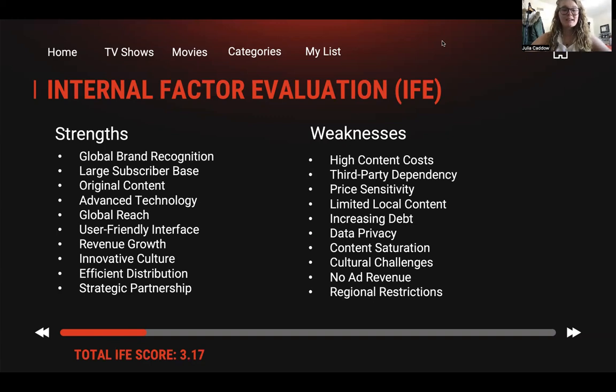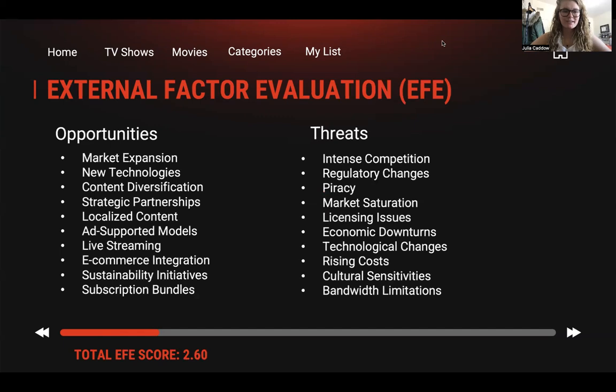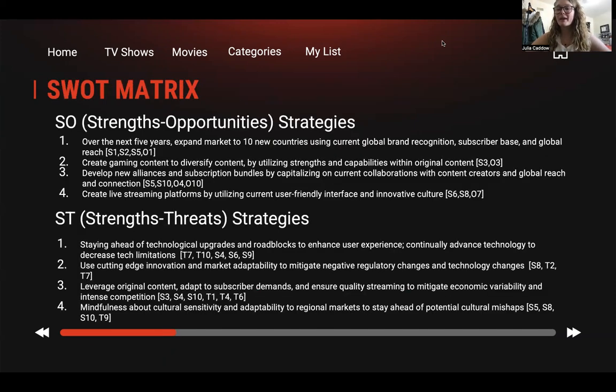This matrix lists several strengths and weaknesses that are specific to Netflix as an organization and gives Netflix a total IFE score of 3.17, listing several of their strengths and weaknesses here. Next up, we have the external factor evaluation, or the EFE matrix. Coupled with the IFE matrix, this shows the external factors for Netflix, including opportunities and threats, giving Netflix a total EFE score of 2.6. Next up, we have the SWOT matrix, or the SWOT analysis, which uses those strengths, weaknesses,